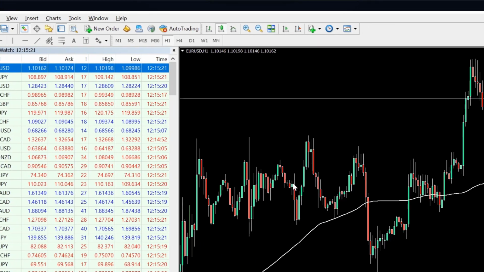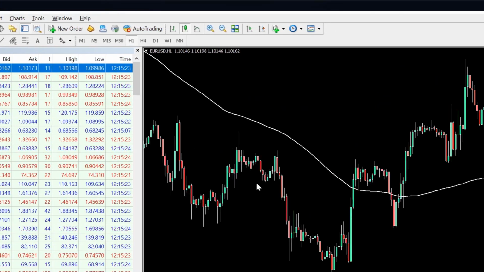You also don't want to have completely zero confirmation indicators, because if you rely on price action alone, you might get a lot of signals to trade, but then you might get a lot of false signals at the same time. Because the thing about having too many indicators telling you different messages all the time is that it